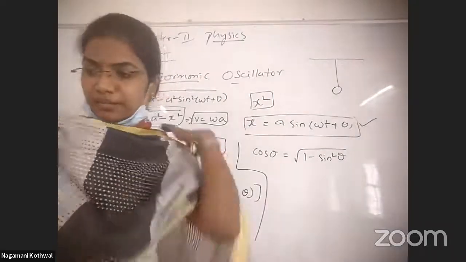Am I understand that? Hello, madam. Understood, madam. Hello, madam. Madam, a omega square root of 1 minus sin square omega t అక్కడి నుంచి మళ్ళీ ఎక్స్ప్లెయిన్